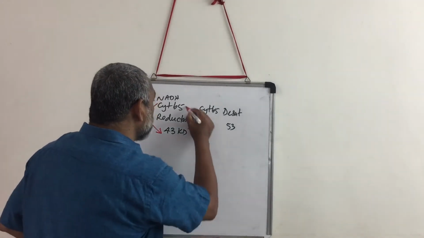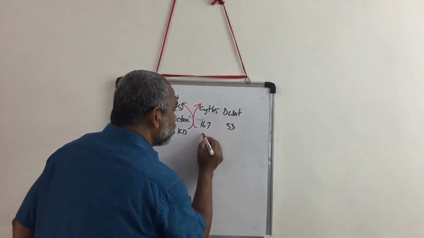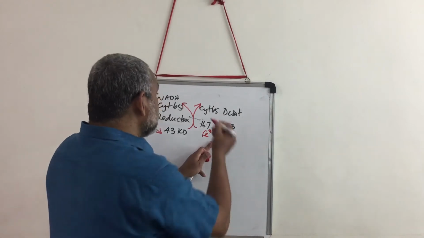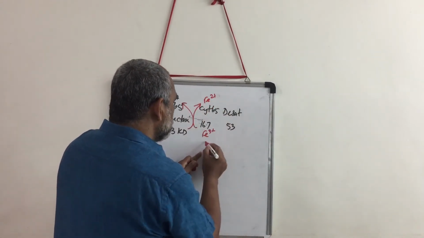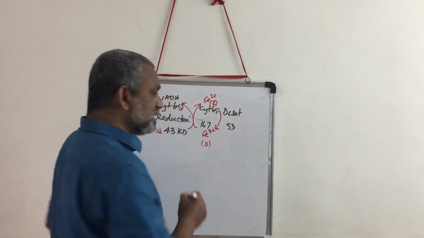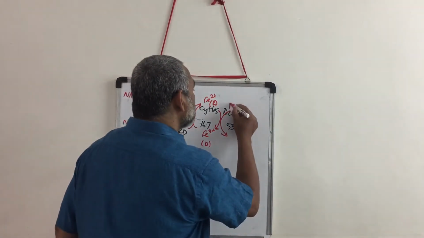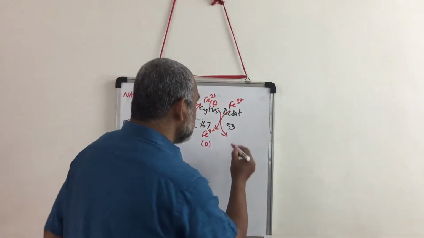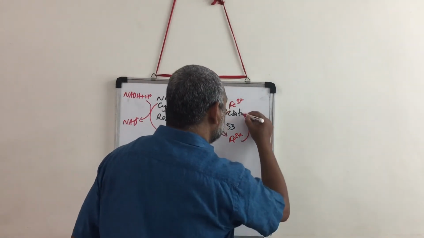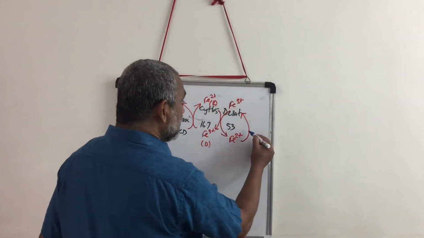Now this reduced enzyme gets oxidized by transferring the 2 electrons to cytochrome B5. Remember, cytochrome B5 has Fe3 plus, so that gets reduced. The ferric gets reduced to Fe2 plus. So this is the oxidized and this is the reduced form. Now the reduced form gets oxidized and transfers the electrons to the desaturase enzyme. Desaturase also has Fe3 plus at the active site and it becomes Fe2 plus. Now the reduced Fe2 plus transfers the electrons.